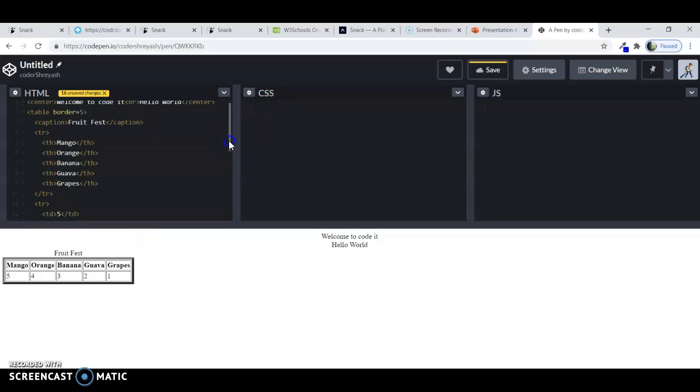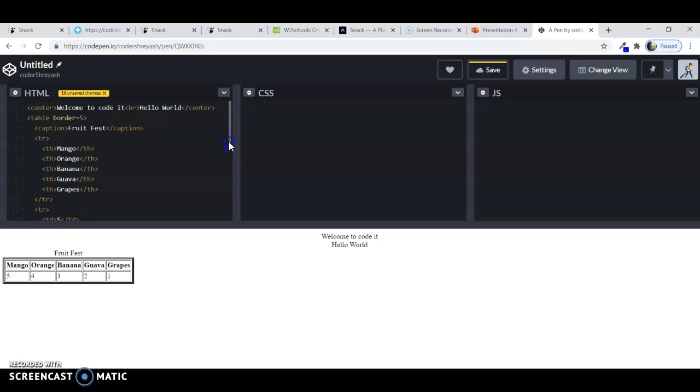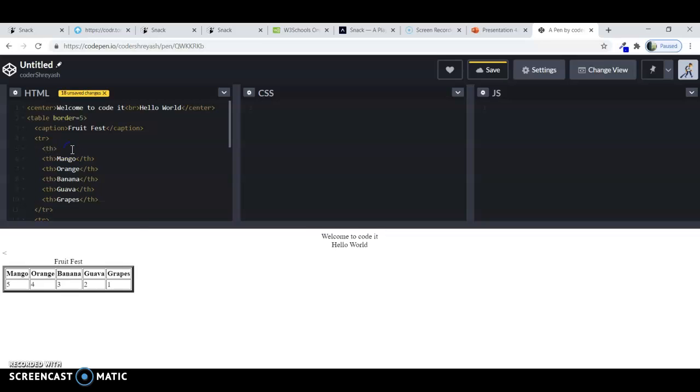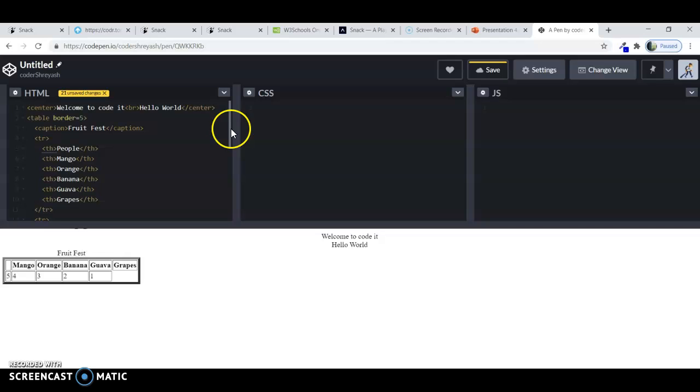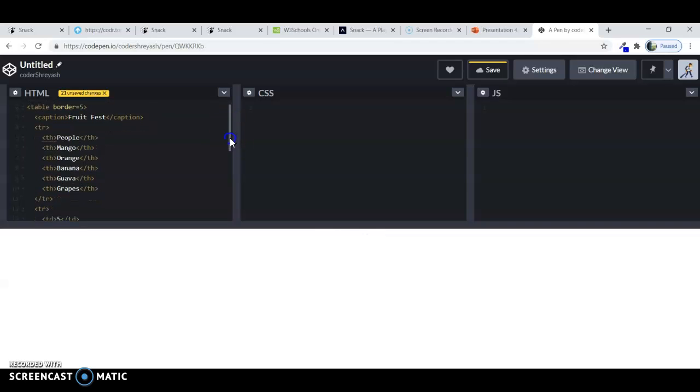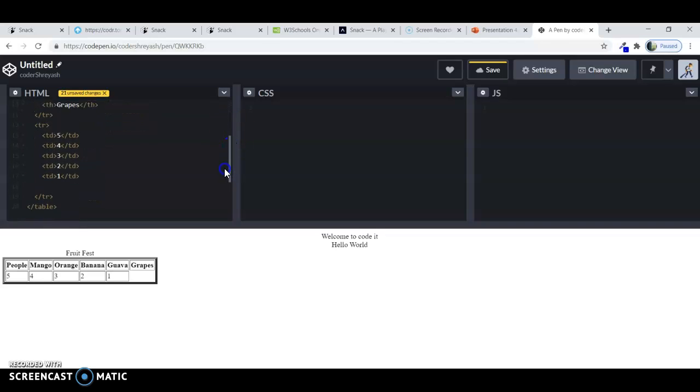So let's make our table more informative and add some more columns and rows to it. For instance, I am going to add a new heading to it. I write the th tag for the table heading and then close it, and then we can write something like "people", which means the number of people who are voting for it. And then we will add a new division for it